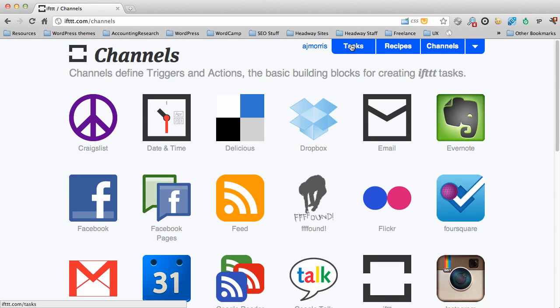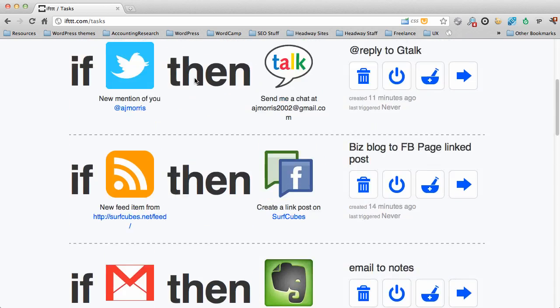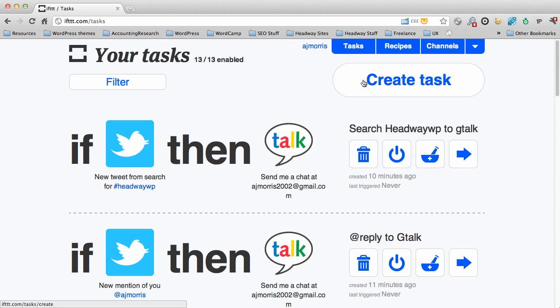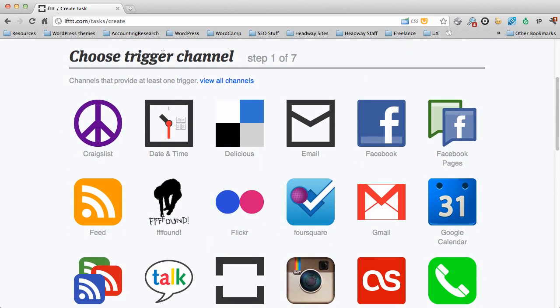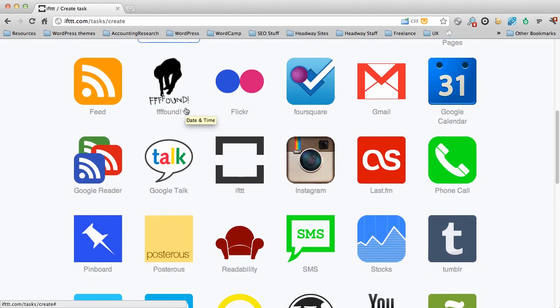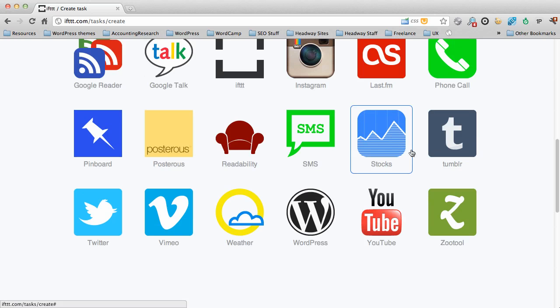And to create your tasks, you just go up here to tasks. And it's going to show you a list of tasks you've already created, or once you've created tasks, it'll show those. So let's just go ahead and create a task right now. So to create a task, you just answer this question: if this, then that. And what happens is you'll notice that this is highlighted, and so you click on this to actually get started. So you click this, and it says choose a trigger channel. So choose something that's going to happen, and it could have all of your